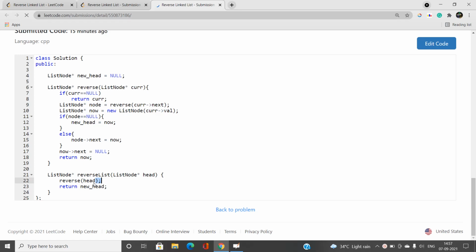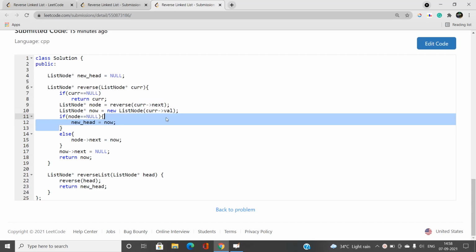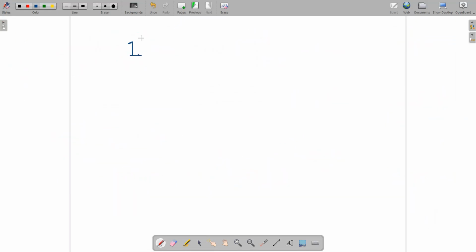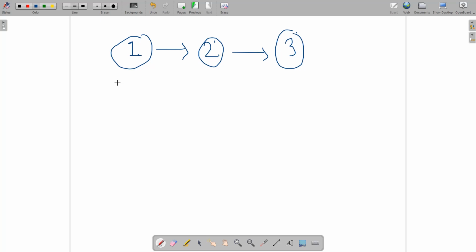current node. Okay. Now in the base case, if current reaches the null, we are going to return the current variable, which is null, as it is, and if it is not, let's call the node which is coming from the next node, as I'm calling the current's next function. Okay, so let me just demonstrate with the help of this one. Suppose we are at this position. Okay, and suppose that in the current step this is the current node, and you can see that